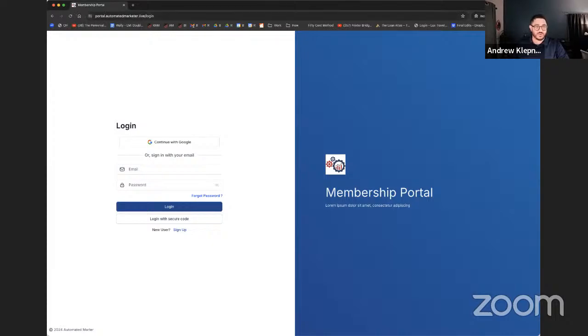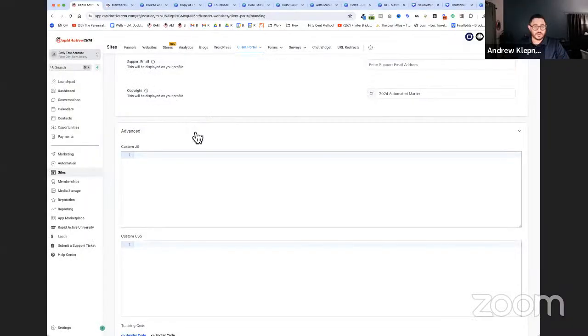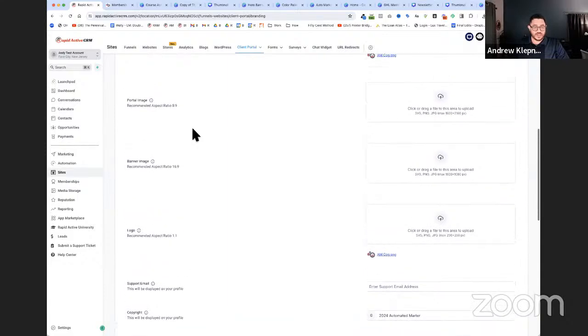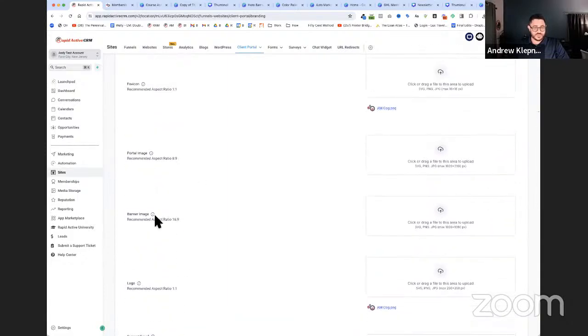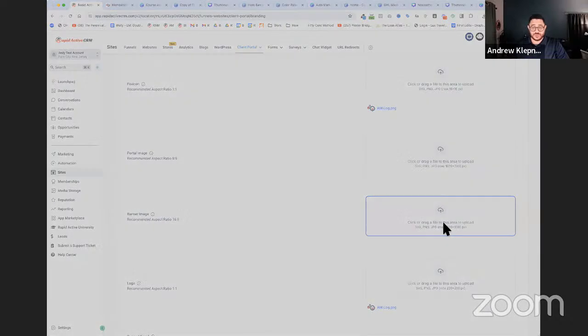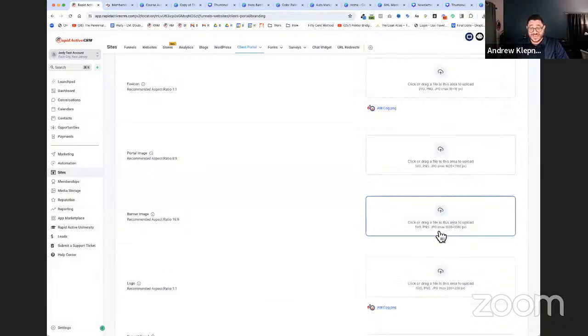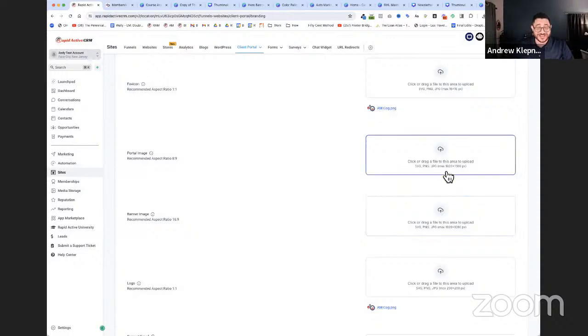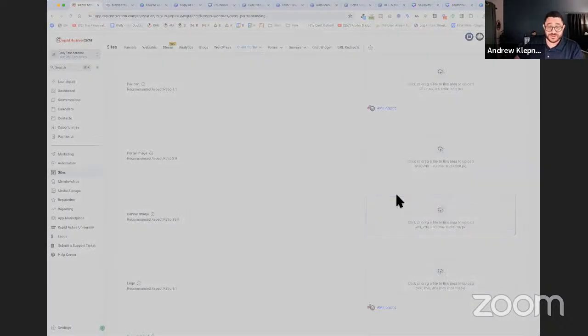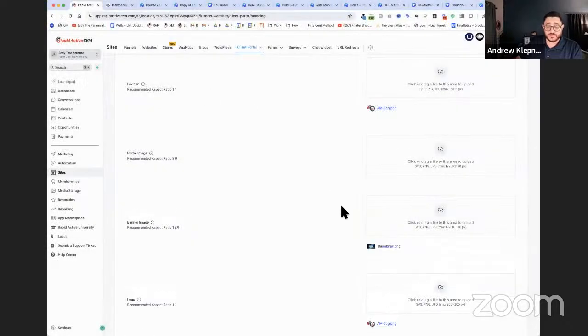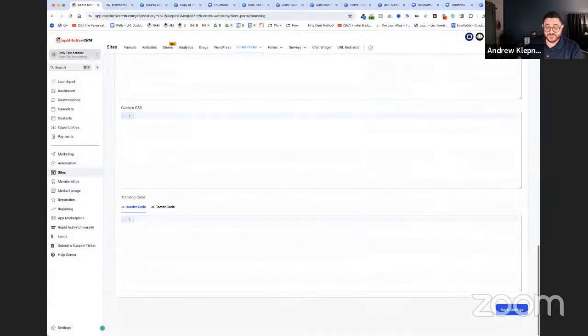Actually, I think if I go like this, I'm going to stop sharing. I'll share on here again. Let's see what happens when we do the banner, since I already have the banner. And then the aspect ratio is not 16:9. It actually tells me that I'm wrong. So I actually have to give it the right aspect ratio. I might be able to get away with using the thumbnail on that one. Yep, I did. And if I hit save again,